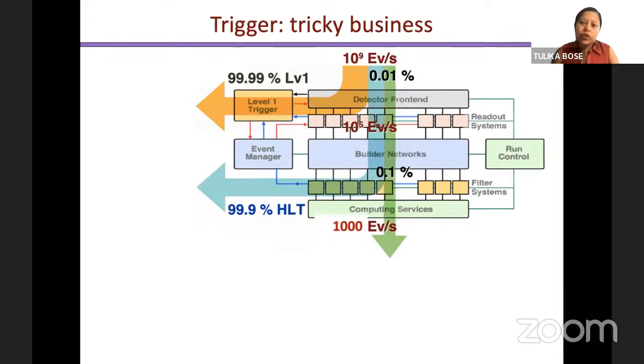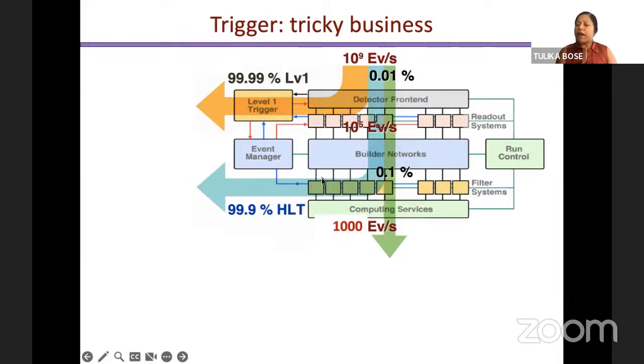But the thing which kept people like me who worked on the trigger awake at night sometimes at the start of the LHC was, if you look at it, you have about 10 to the power 9 events per second coming into your first level trigger, out of which you're literally throwing away about 99.99% of them, keeping about 10 to the power 5 events per second, which then goes on into this farm of CPUs and GPUs that I mentioned,